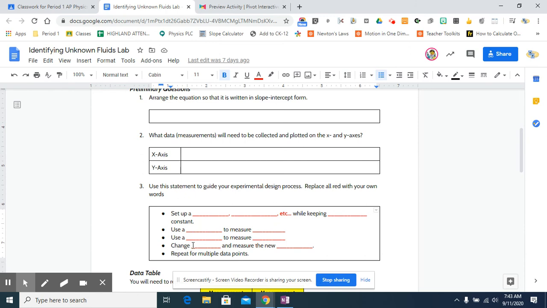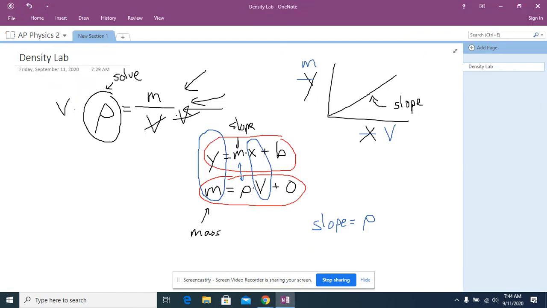Third thing says, okay, now that you've done that, what are you going to change? So basically, what is going to be your independent variable that you are going to change according to the graph that you made? And then measure the new dependent variable, whatever it is you're going to measure in response to that. All right. Now, in this particular lab, technically either could be independent or dependent, and you might get two different procedures. It'll give you two different answers in terms of what the slope will be, but that slope, when you compare it in the equation, when you solve it out algebraically,